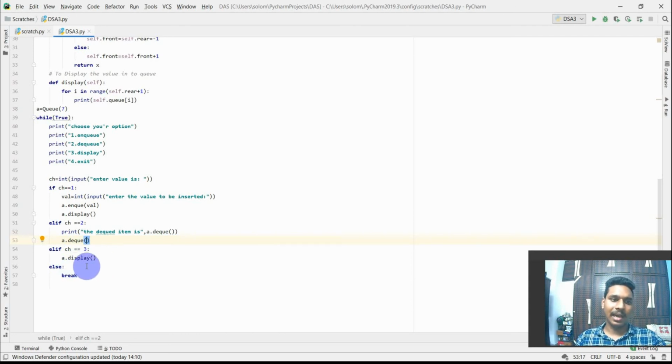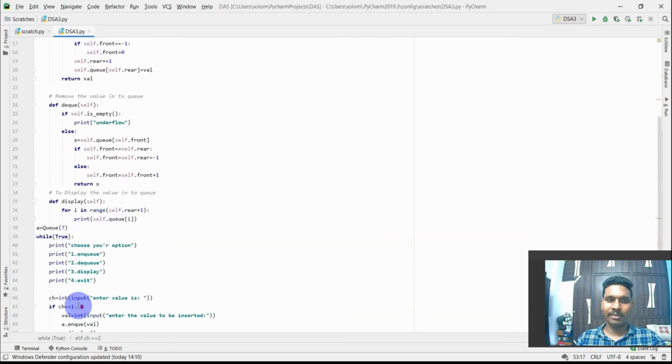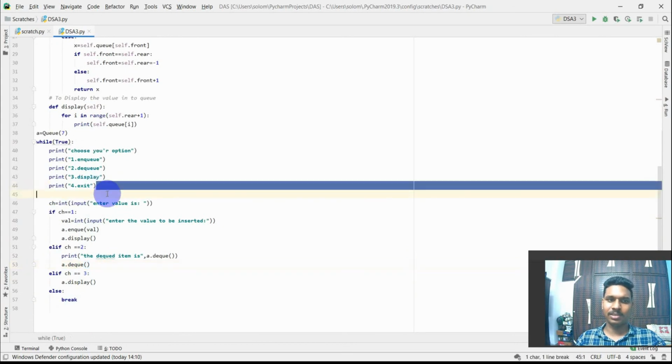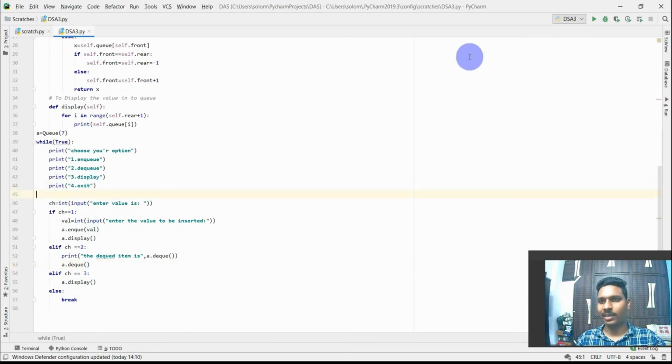Else, for anything other than these, it will break the condition and come out of the loop. Or we can use one more elif statement with 4, and then break. There are two options. So there's no use of this. Even if we remove this, that's not going to affect anything in our code.